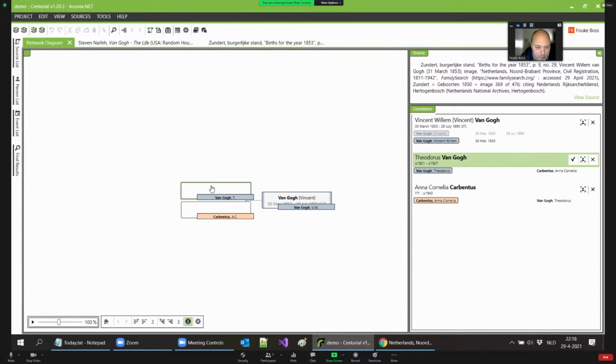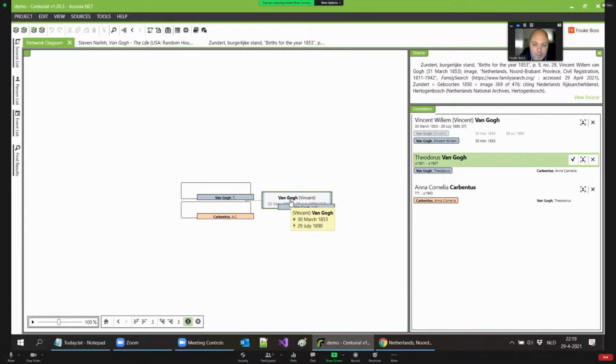Well, the result of the correlation is displayed here. We have 3 rectangles now, each rectangle representing a person. Of course, we already had some information about Vincent van Gogh. So the larger rectangle, that's Vincent, the information from all the other sources that we had. And this little rectangle on top of it, that's representing the Vincent van Gogh from the source that we just correlated.